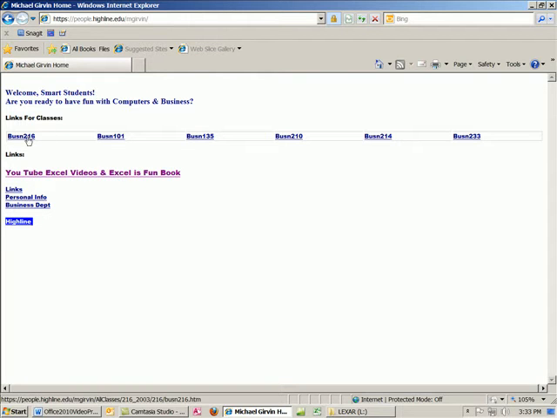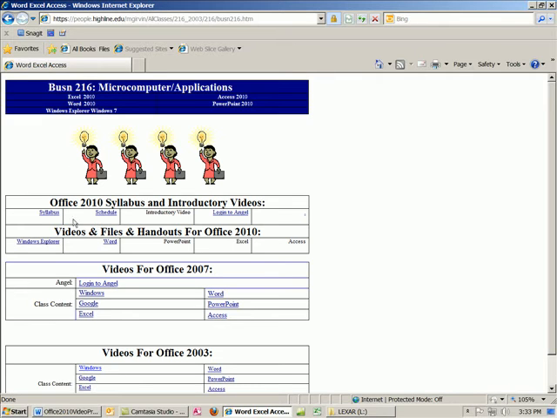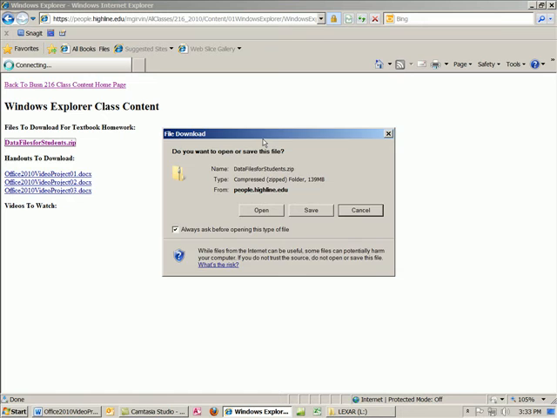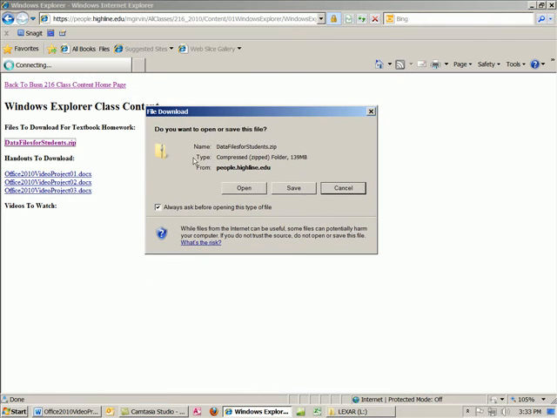I'm going to go to our class website, which is Business 216. And then we have them segregated by Windows Explorer, Word. I'm going to click on Windows Explorer because that is where our homework files are to download for homework. Now, I'm going to click this one time, and it's going to pop up, asking if you want to save. Now, this is zipped, so we're going to have to save it and then unzip it. I'm going to save,